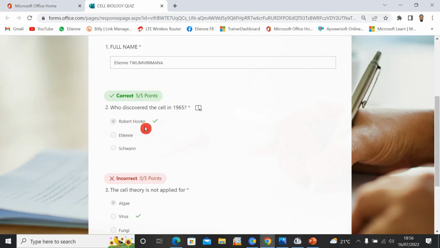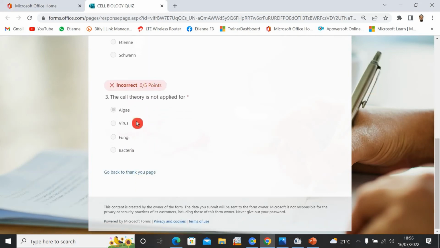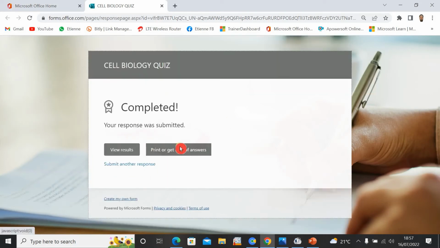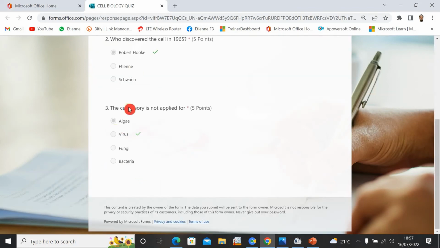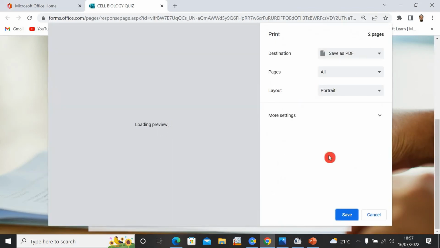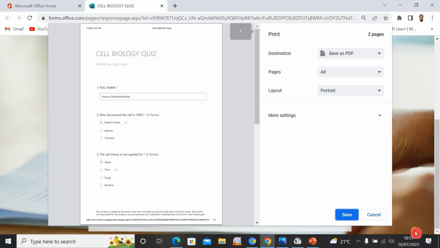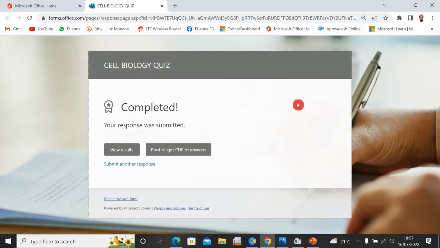And you see here I just see the correct answer, and here I missed the question, and here the question was incorrect, and the correct answer was this one. They just show me the correct answer, and I can go back to the thank you message. I can print or get a PDF for answers. You can see here there are correct answers. I can just print it and save it if I want, and this is how the respondent will just get